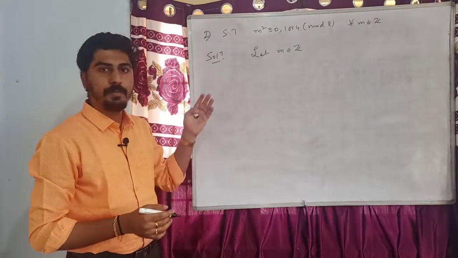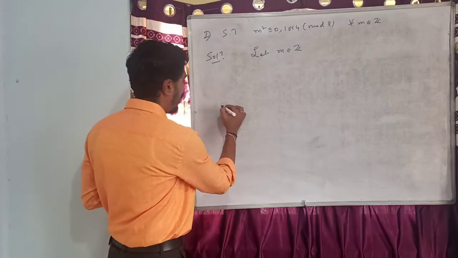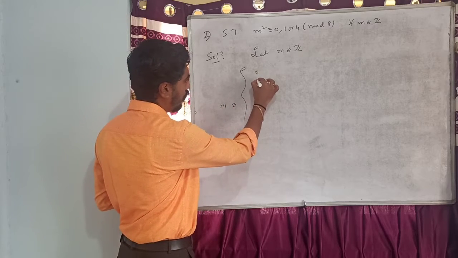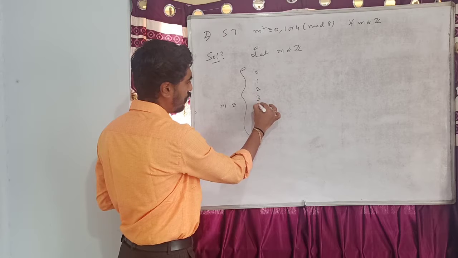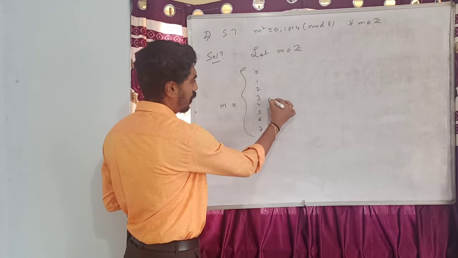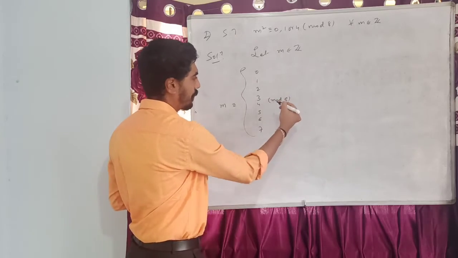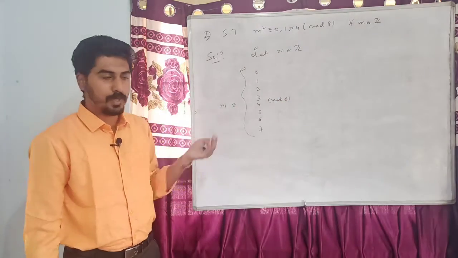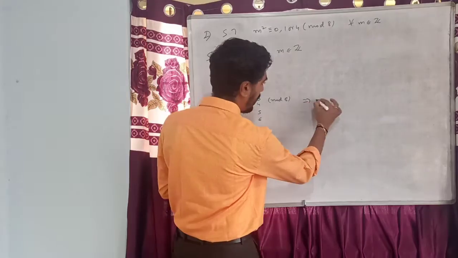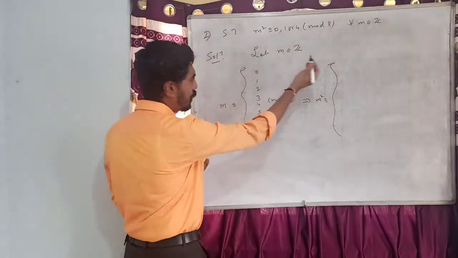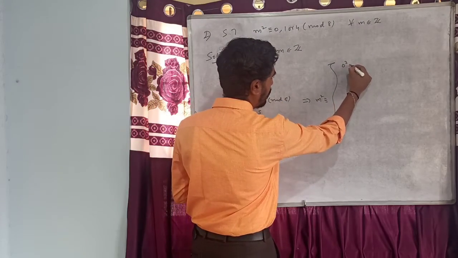Then we have 8 different cases. m is congruent to 0, 1, 2, 3, 4, 5, 6 or 7 modulo 8. Okay. Now if I consider m square, this implies m square is congruent to 0 square, which is congruent to